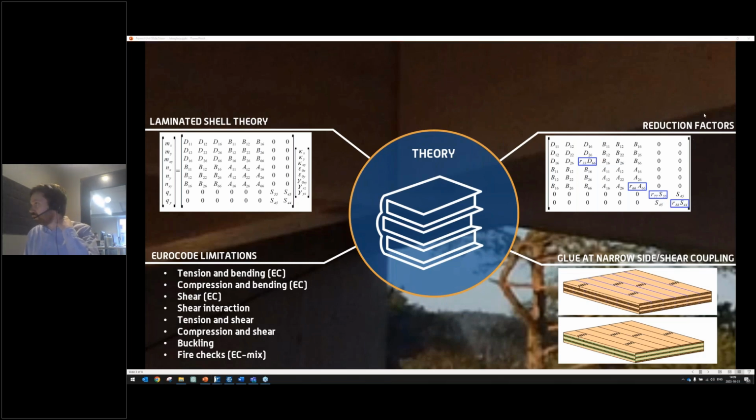If we continue to another part, an important part when it comes to CLT is the reduction factors. When defining a CLT, you have the possibility to assign different reduction factors, and these are product specific, depending on the different manufacturers and how they, based on tests and other procedures, create their CLT. And you can see in the stiffness matrix here the different positions where these reduction factors are